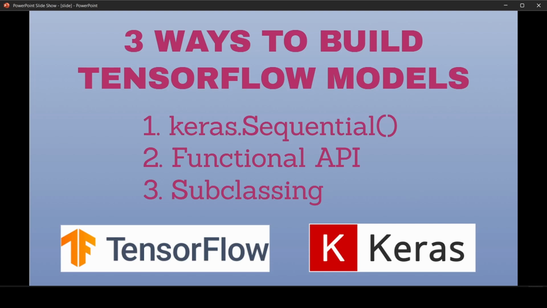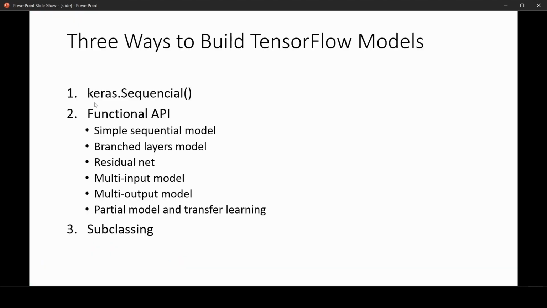Hello everyone, in this video we are going to talk about 3 different ways that we can use to build our TensorFlow models. The first method is to use TensorFlow's keras.Sequential model. The second method is to use TensorFlow's functional API. And then the third method is through subclassing. So let's get started. We can use keras.Sequential model whenever our layers inside our deep learning model are placed in